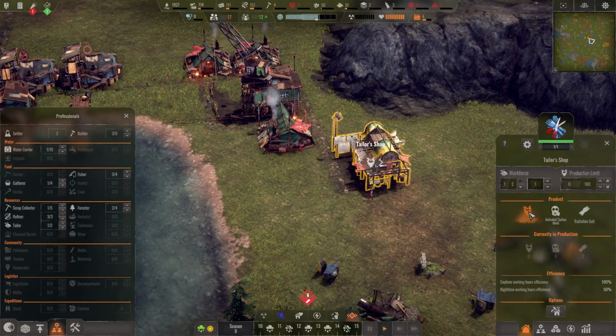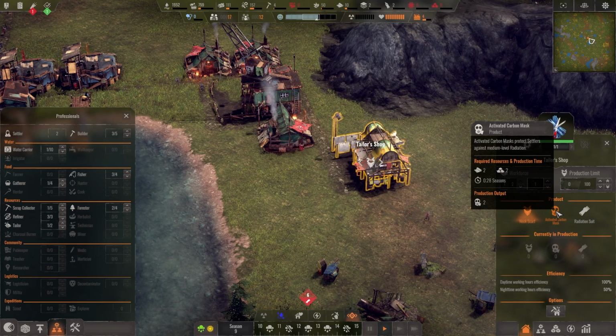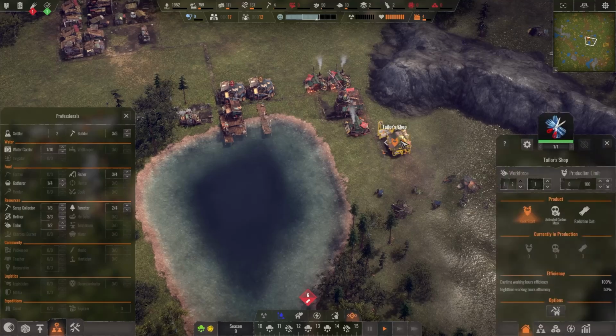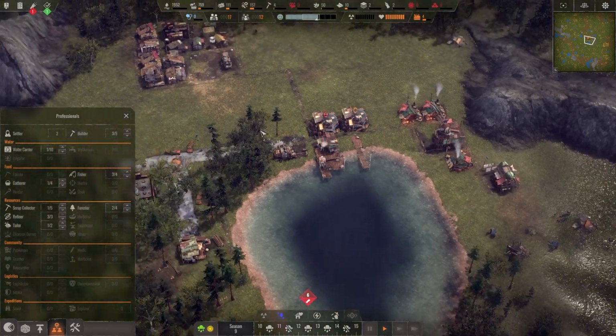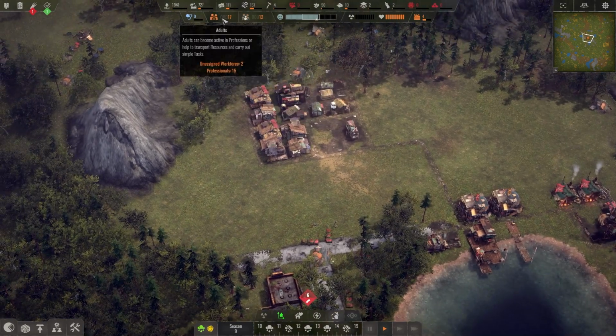Right, okay, so the tailor. Currently, we can make a neck scarf out of cloth. If we want to make activated carbon masks, we need charcoal. As you might imagine, we need activated carbon. That's going to take a little bit of time for us to set up because our population isn't quite where we want it to be. We have got a lot of food...